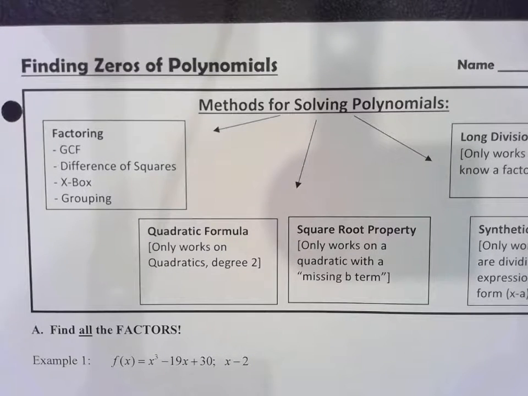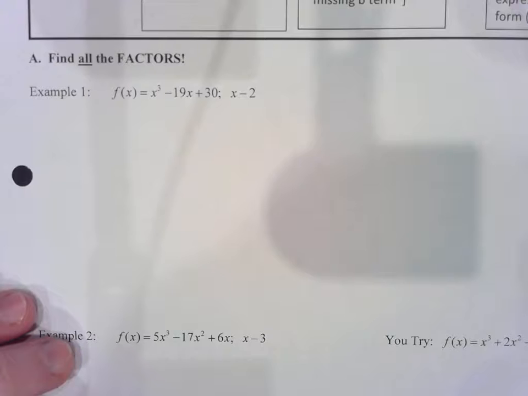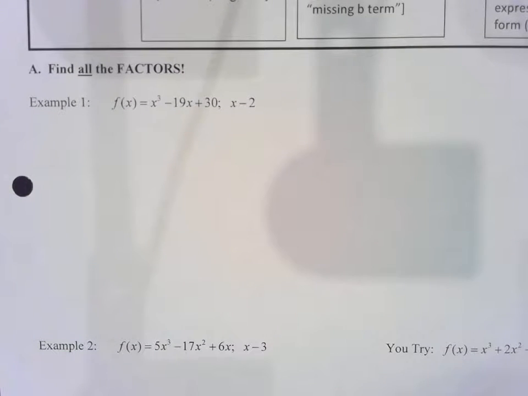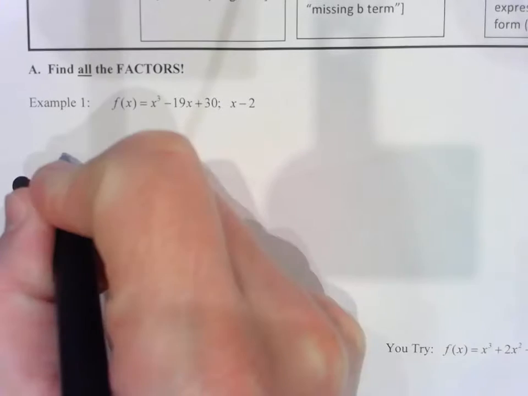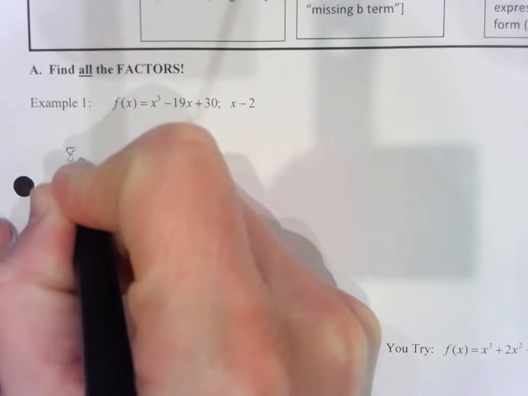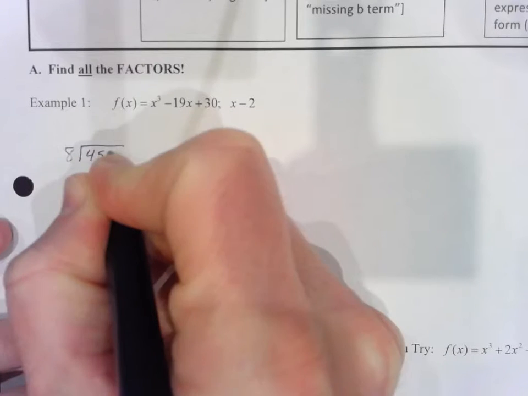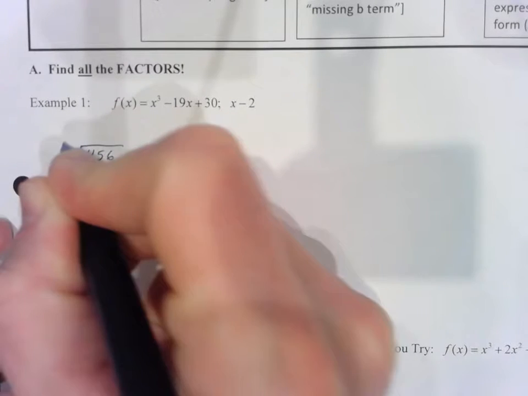On Monday we started to look at synthetic division on finding zeros of polynomials. If we look at this first problem again, I want to show a little bit how this connects to long division. So in long division, if we wanted to divide 456 by 8, put the number we're dividing by outside,